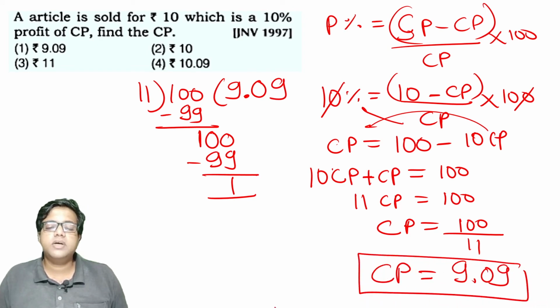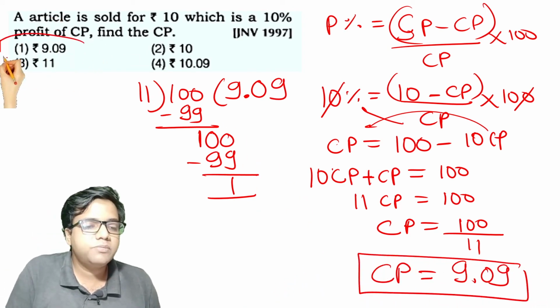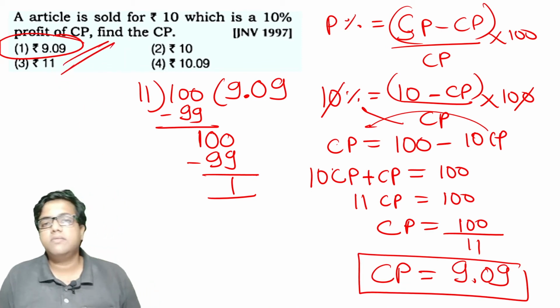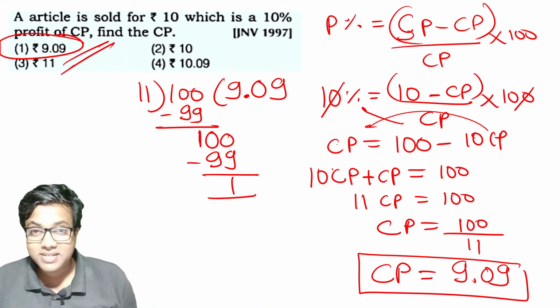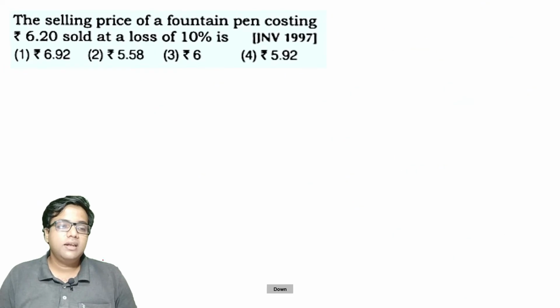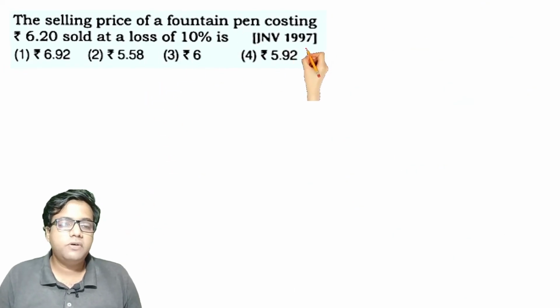So the cost price of the article is 9.09 rupees, which is available in option 1. Option 1 is the right answer for this question. Let's move ahead. The selling price of a fountain pen costing